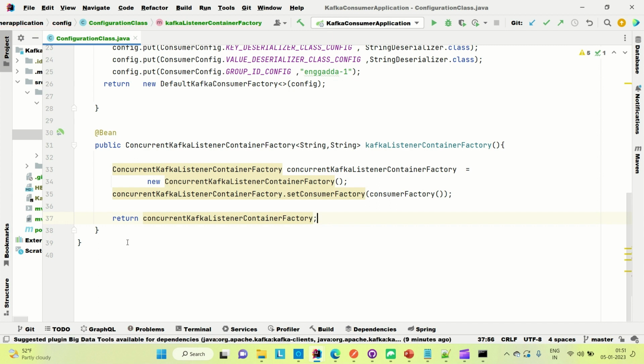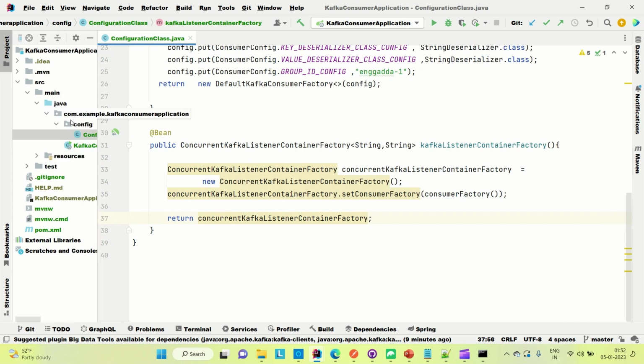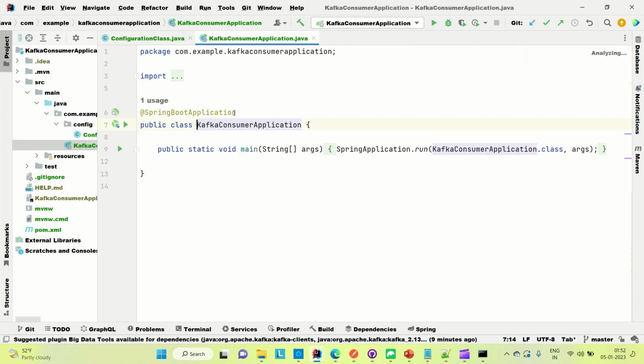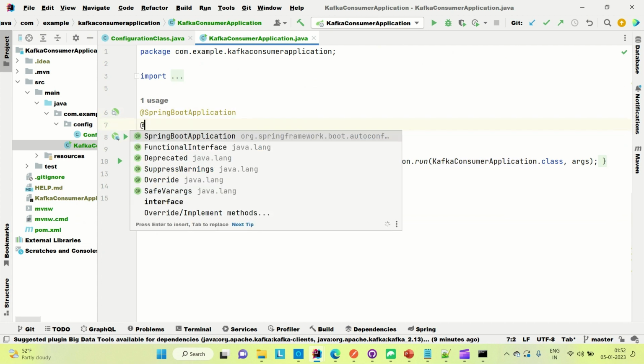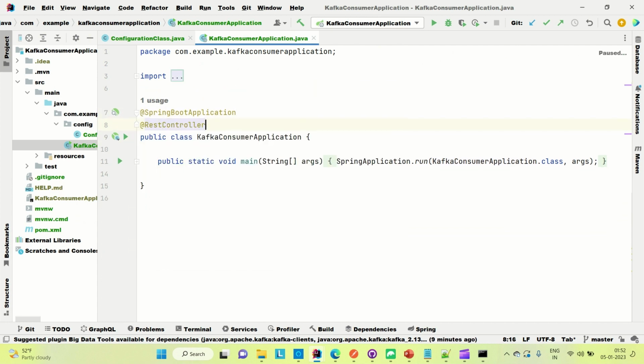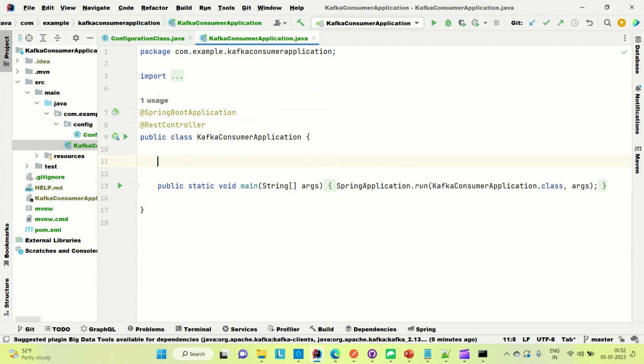Now we are done with the configuration. Now let me go create the APIs. So for APIs, let me go here and come to the main class. Let me annotate this with @RestController, and